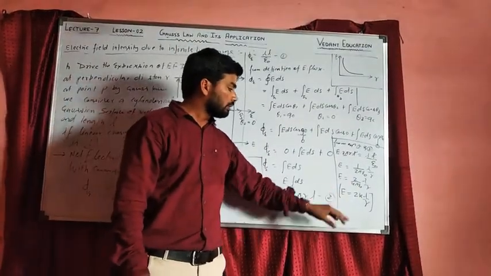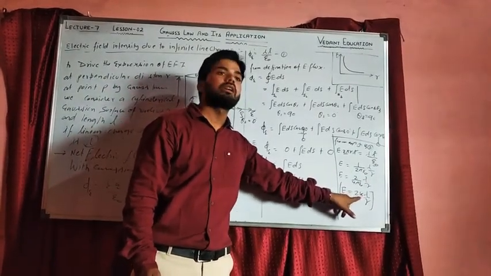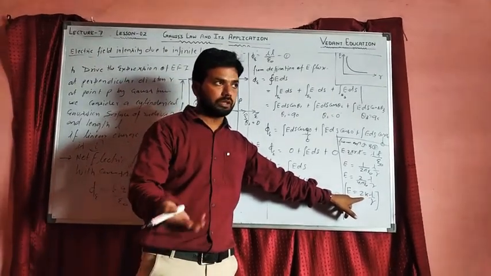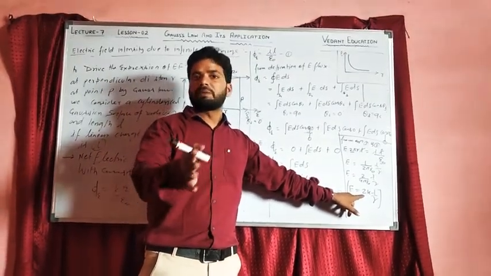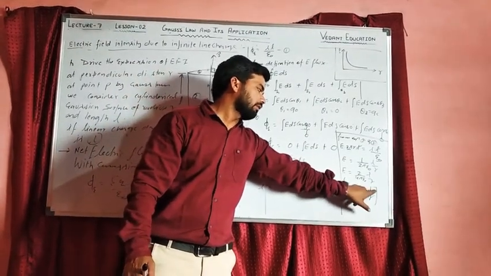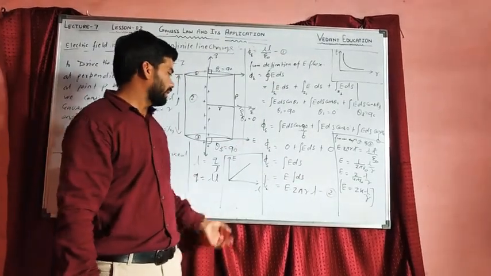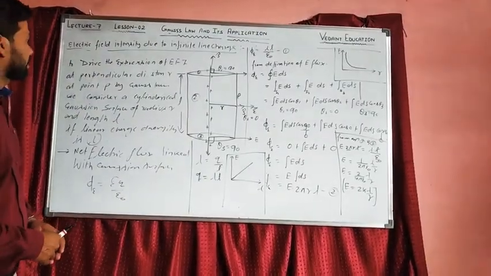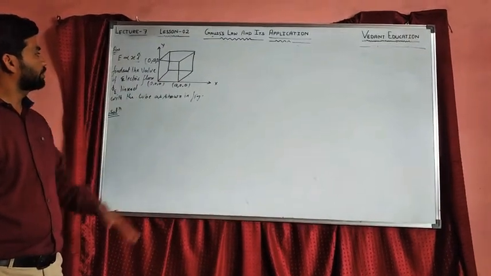You can see here E depends only on three things. K, which depends on the medium. For vacuum, you can use 9 into 10 power 9. If there is any medium with a specification, then you can determine the value of K. And on lambda and also on R. So these are the graphs of electric field intensity of line charge distribution. Got it? So students, let's see the question.